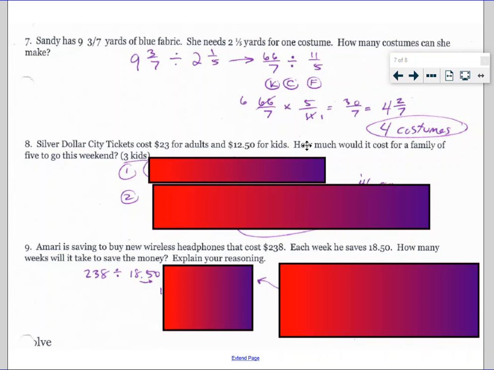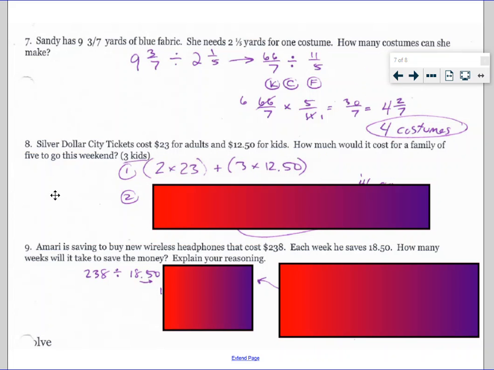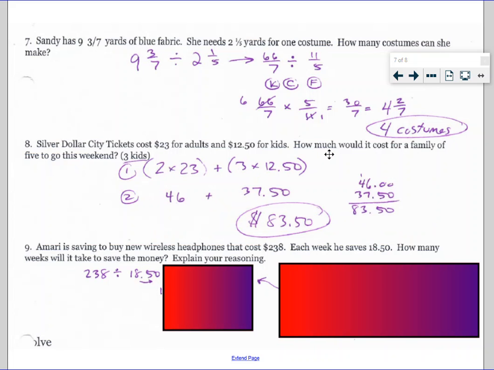All right. In number 8, Silver Dollar City tickets cost $23 for adults and a little bit less than that for kids. So how much would it cost for a family of 5 to go? And it tells you that they have 3 kids. The first thing I did was I just set up a number sentence. We have 2 adults, $23 each. We have 3 kids, $12.50 each. So this is what we want to solve: the adult cost plus the kid cost. And then you just work it through and you get $46 plus $37.50 is a grand total of over $80,